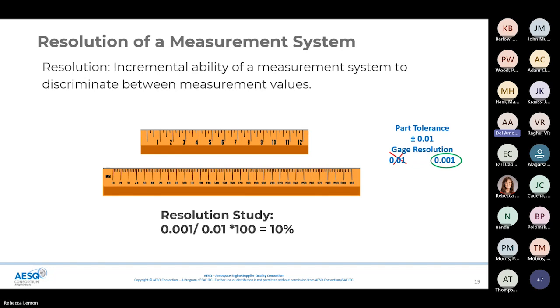So it should be 0.001 instead of just 0.01. For example, if you're going to measure something that is 5 centimeters, and you use a ruler that can only measure inches, you're not going to be doing a good job on the measurement system. You need a different measurement system for that. Next slide,